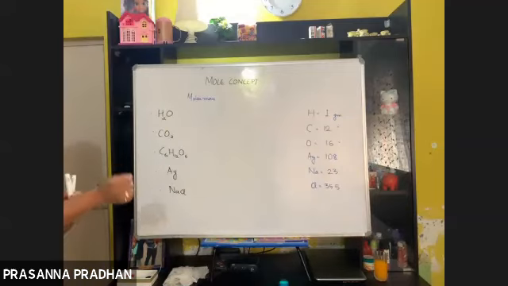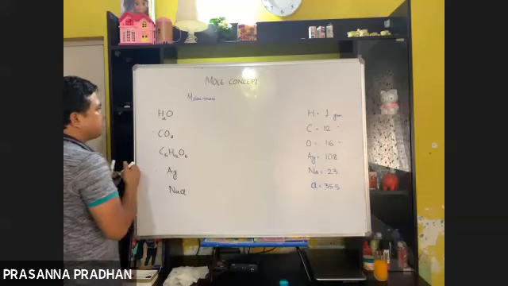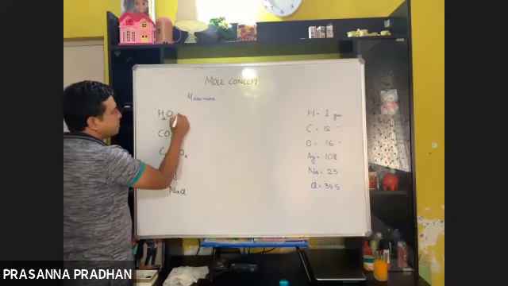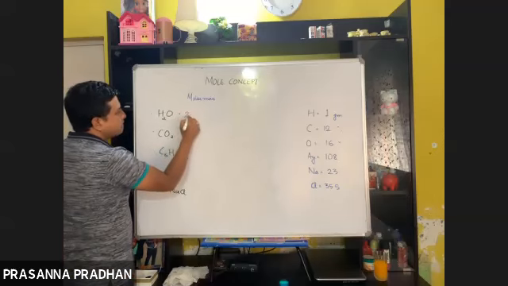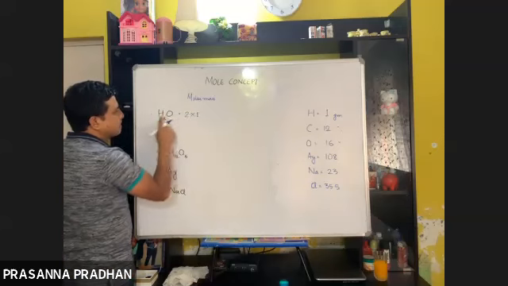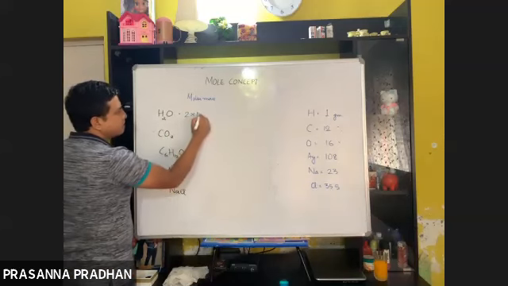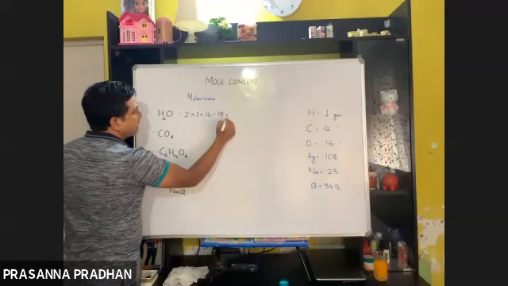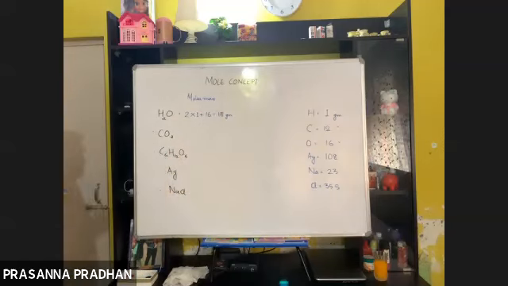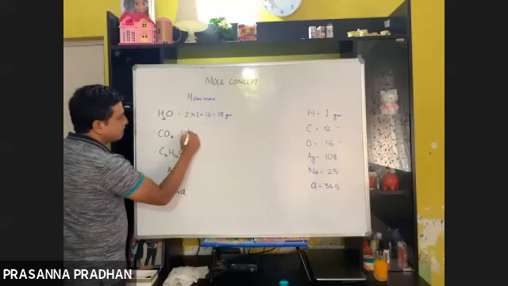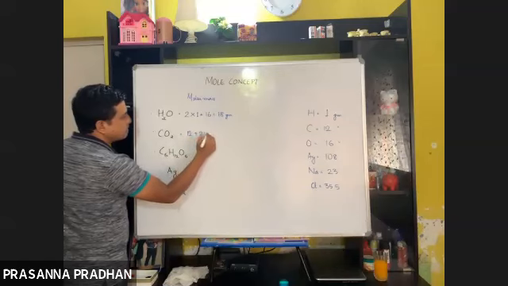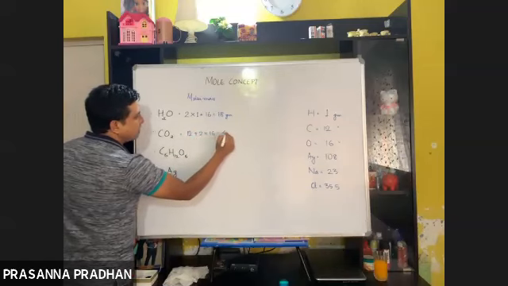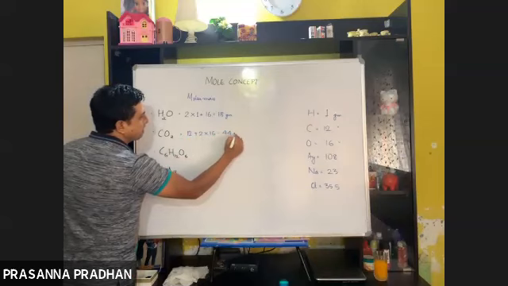So from our class 9-10 knowledge, if the atomic masses are known, then how do we calculate the molecular mass? Yes, it's quite easy. There are 2 hydrogen atoms, so twice into 1, the atomic mass of 1 hydrogen is 1, plus 16. So this will come out to be 18 gram. The molecular mass of water is equal to 18 gram. Similarly, carbon dioxide: 12, and there are 2 oxygen atoms, so twice into 16. This will be equal to 44 gram.